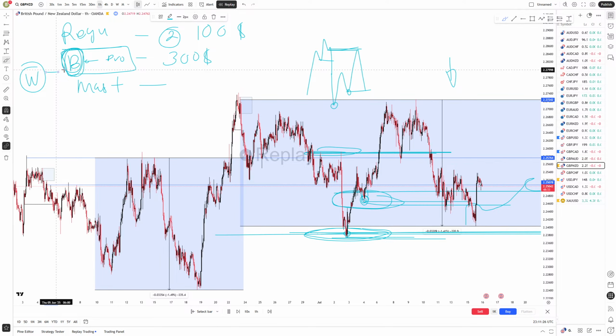But for those who want the masterclass, they start with the basics, like market structures, BOSs, and stuff like that, up to the liquidity consumption. So beginner level to pro is $350. See, masterclass $300,